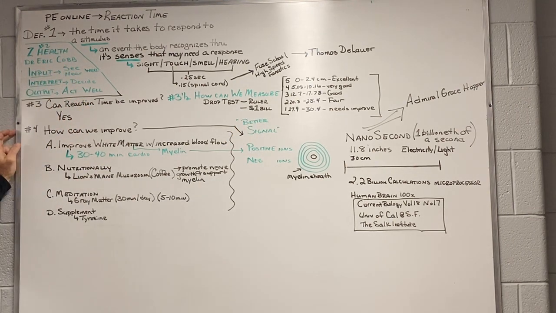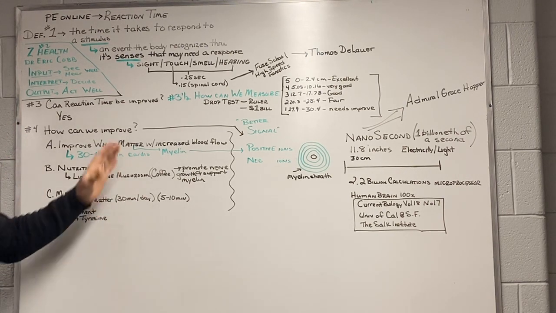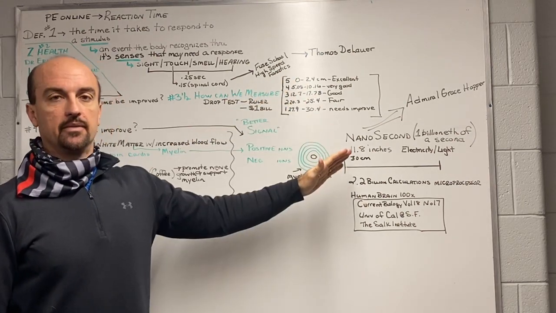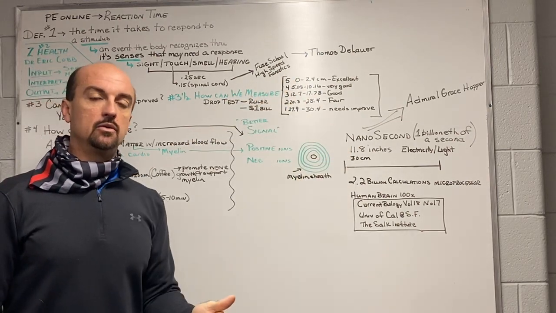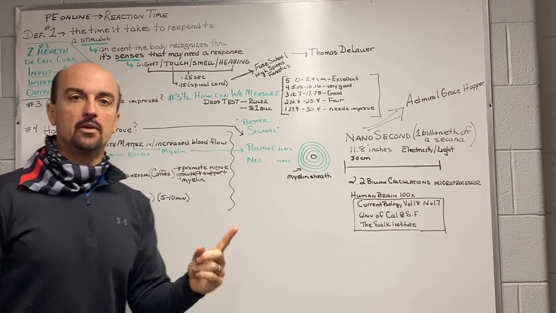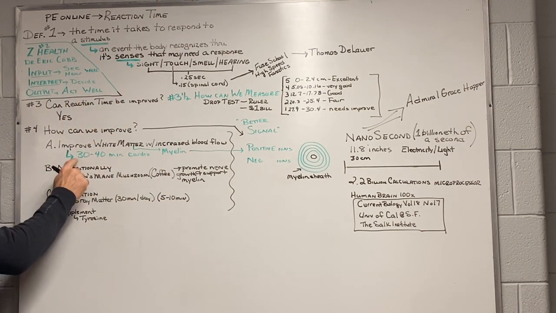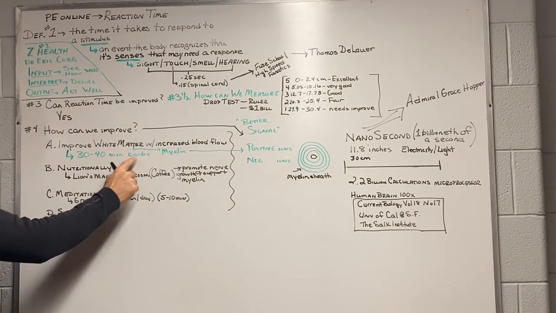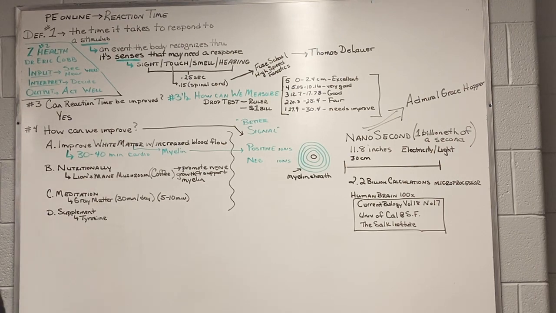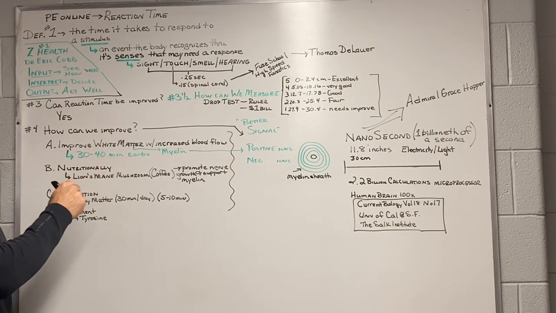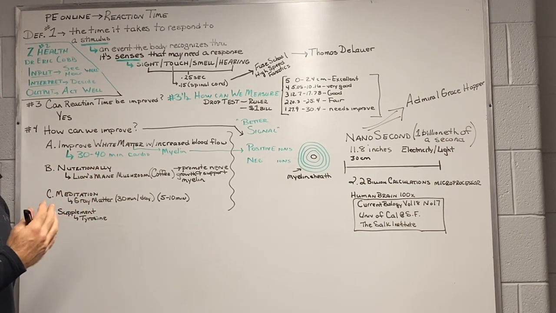Okay. So we've said we can improve it. How can we improve it? Here's the great thing. This is very complicated. All you have to do, one thing you can do to improve it, go out and exercise 30 to 40 minutes of continuous cardio. And what you're doing, without a lot of explanation, is basically you're improving through better blood